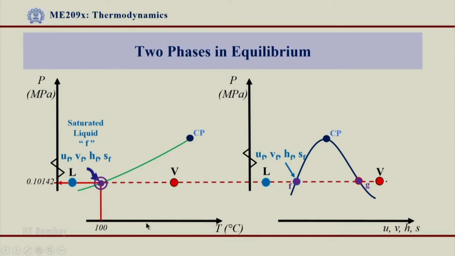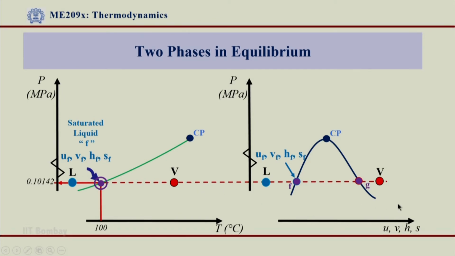In the PT plane I will see it as a point because both G and F actually coincide, and I therefore cannot differentiate between F and G point on a PT diagram. Because I want to differentiate between them, I have to refer to a PV diagram, or a PU diagram or a PH diagram as shown over here. So, the first point I hit is the saturated liquid line from where the phase transformation starts, and it continues from point F to point G, where 100% liquid now will get converted to 100% vapor.